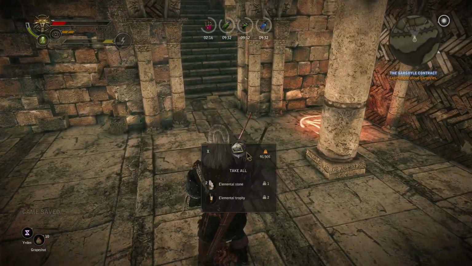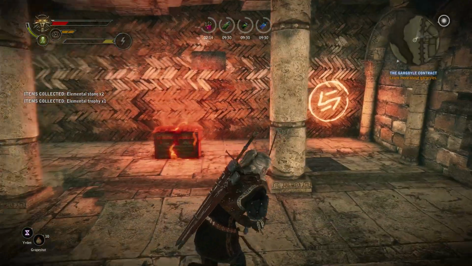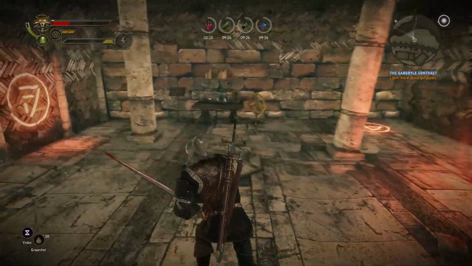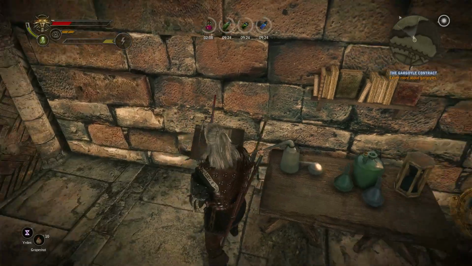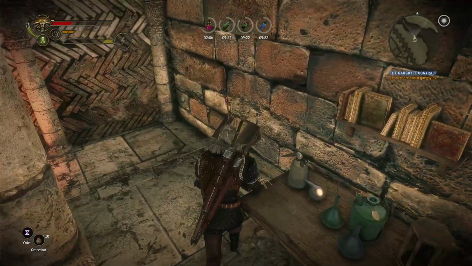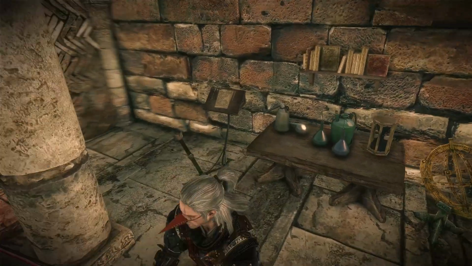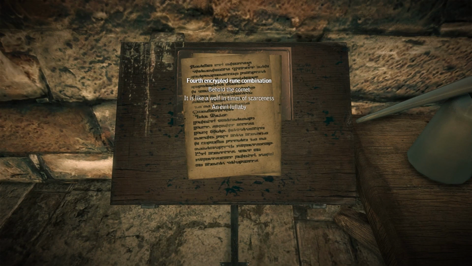Save the game here. We'll take our elemental stone and elemental trophy. So, we have to essentially extinguish these in the proper order. Now, we have something we can examine here. Fourth encrypted rune combination. Behold the comet, it is like a wolf in times of scarceness and evil lullaby. So, we need to do... likely...